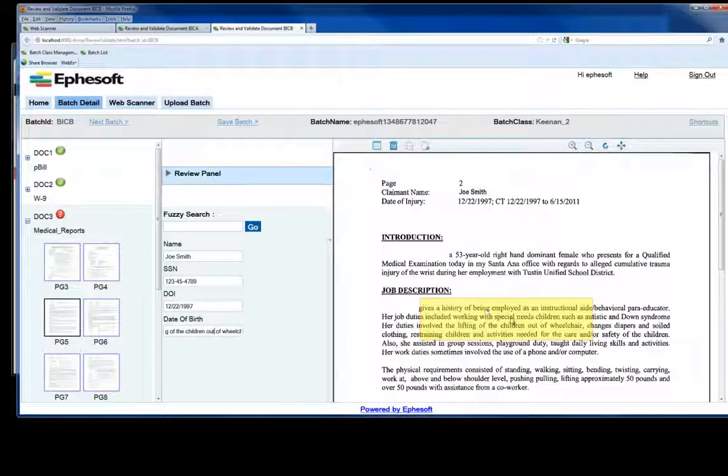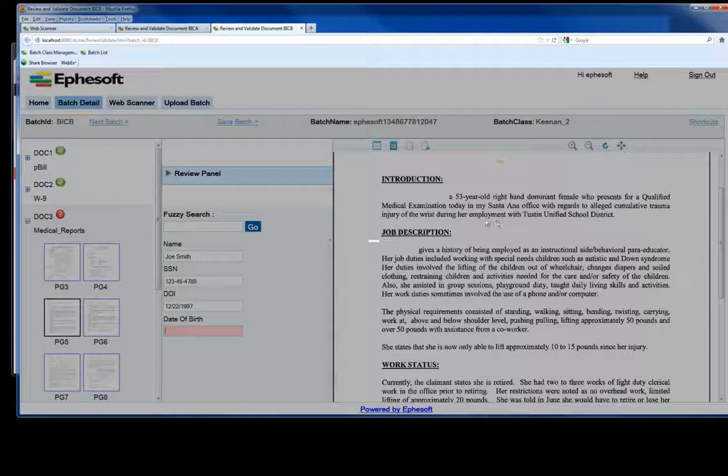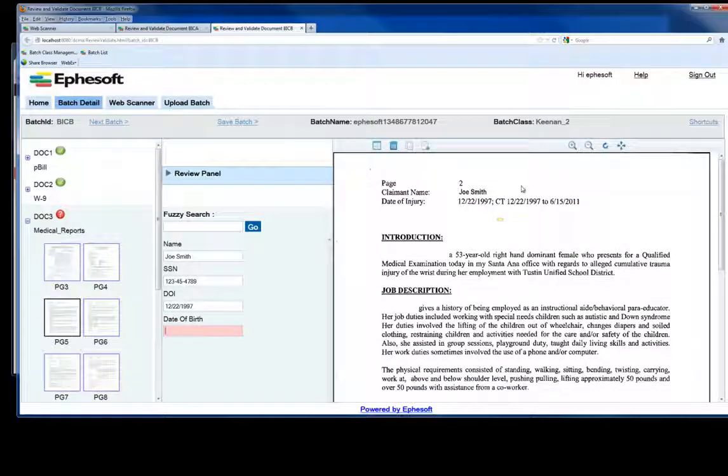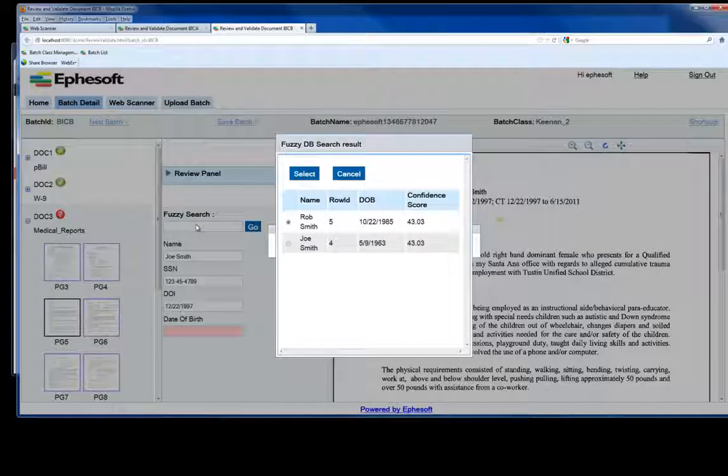Again, you wouldn't have to necessarily key in all this information. So very useful. But again, a date of birth wasn't found on this document. So how would we solve for something like that? Typically, organizations would have some kind of database on the back end with a list of their patients, and maybe have their date of birth. So I could simply start typing Smith in our fuzzy search, and I could click search, and I could